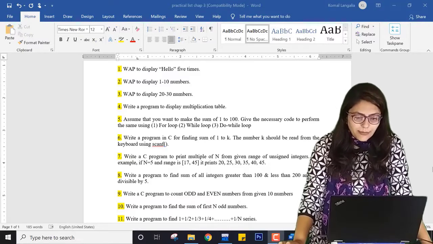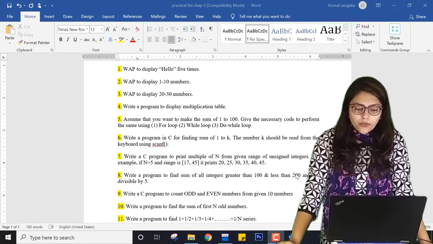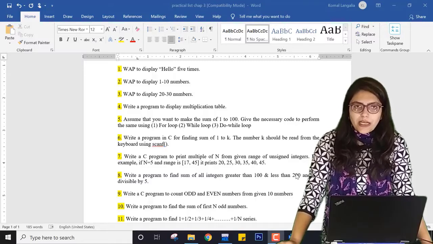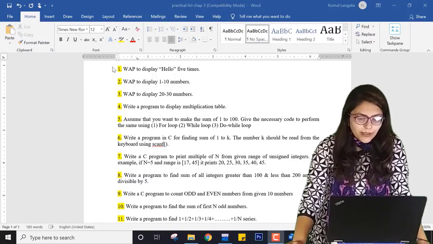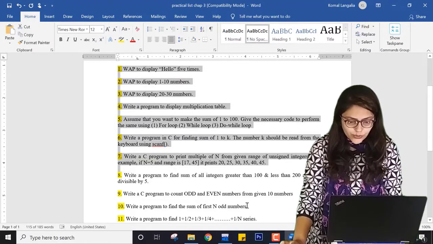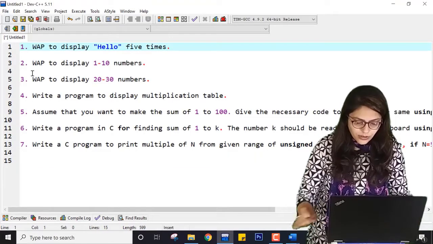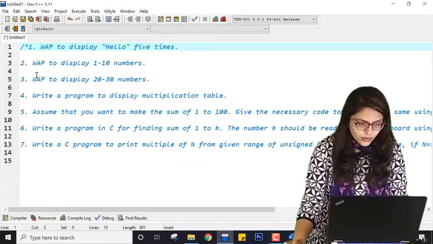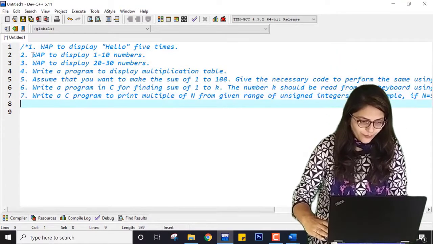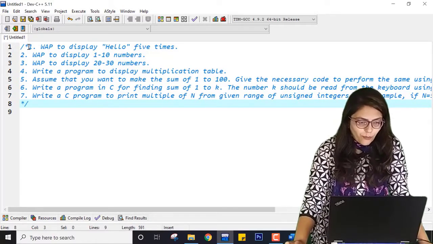So let me open my IDE and perform these programs one by one. I'll perform the first 7 programs in this video and the rest of the programs will be covered in the next video. So let me copy these practicals till 7 to see the aim, and let me open my IDE. Here I can paste it, right? So here let me put the comment over it so that it looks very good, right? And here these are the practicals I am going to perform.